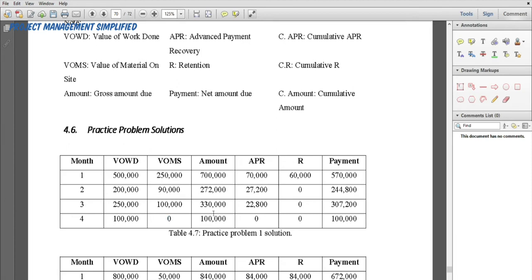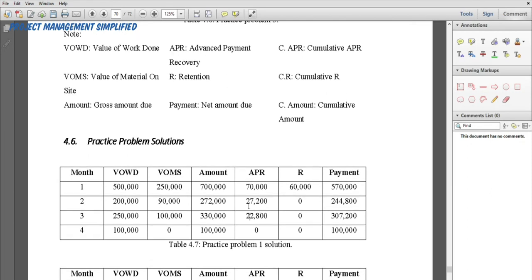So we have the full amount, 100,000, and the recovery has been covered, because if you add the 70 and 27 to 100 and 22, these three amounts to each other, you will find that this one shouldn't exceed the advance payment, which was